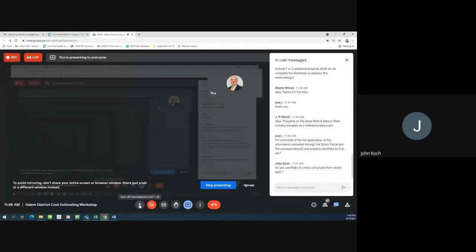Yeah, we do use it. It's a proprietary software that you have to have a subscription to. But I think most folks do because it's used for bidding and proposals and so forth. You can go in and put in an item code number or an item description. You can sort it by locality. You can sort it by quantity. So it helps you narrow down sometimes